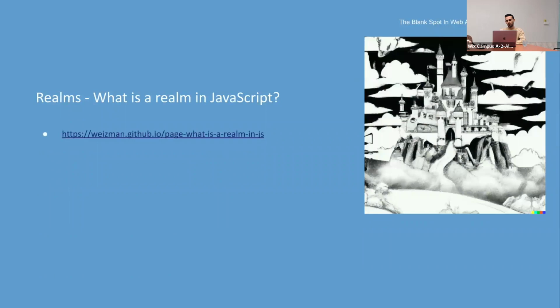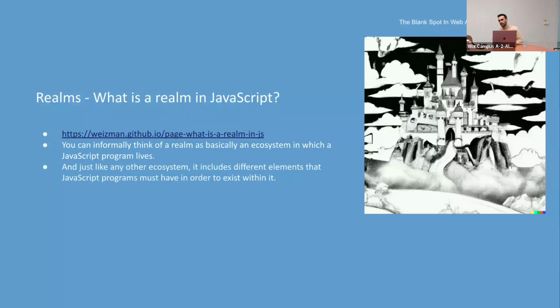A realm is an interesting concept. I learned that I was not well aware of what it is exactly. So as part of my research, I also posted a blog post talking about that. You can check it out if you want to understand realms more, but I'm going to give you the short version. You can informally think of a realm as basically an ecosystem in which a JavaScript program lives. And just like any other ecosystem, it includes different elements that JavaScript programs must have in order to exist within it. Some examples are,